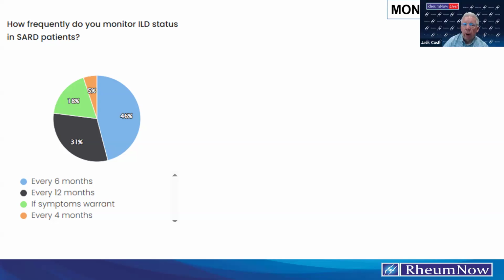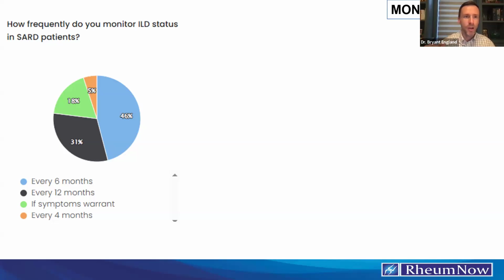Okay. Brian, is this different in RA? Yeah, I think it's a little different in RA. You have much fewer people with RA-ILD who have a rapidly progressive phenotype. The vast majority of RA patients have this slowly progressive phenotype. And so the need to do Q3 months PFTs for a few years is probably more than is needed. I'd say most of the time in RA-ILD, you're repeating them at 6 months. And if over the first couple times you do that, you don't see evidence of rapid progression, or you see a more stable disease course, you might even stretch it out to every 12 months.